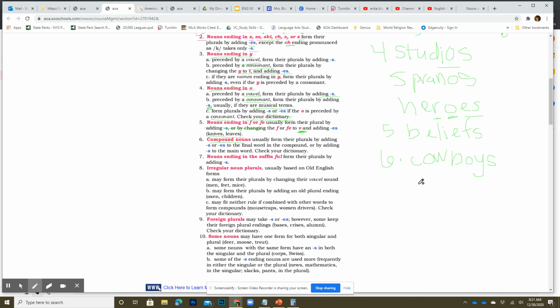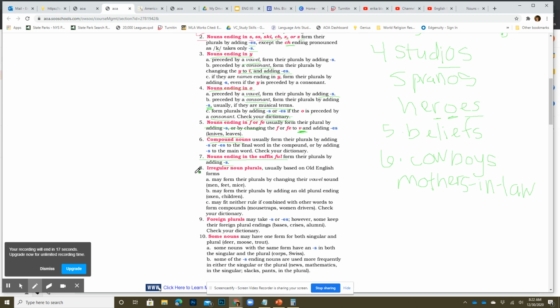Okay. If it's a compound noun with hyphens, for example, like mother-in-law or sister-in-law, we are going to pluralize the main word, the most important word, which would be mother in this case. So it would be mothers-in-law. Okay. If the noun ends with ful, like spoonful or something along those lines, we're just going to add the